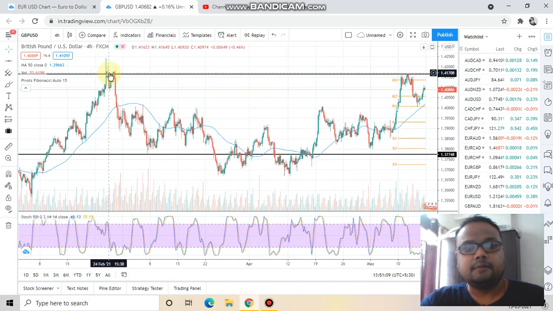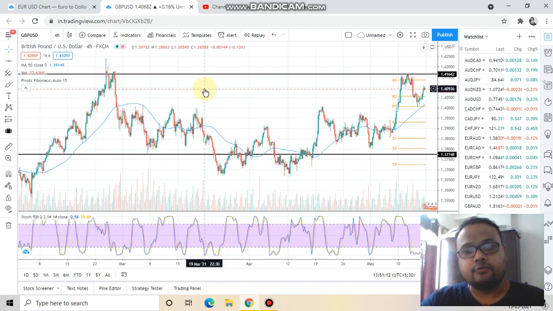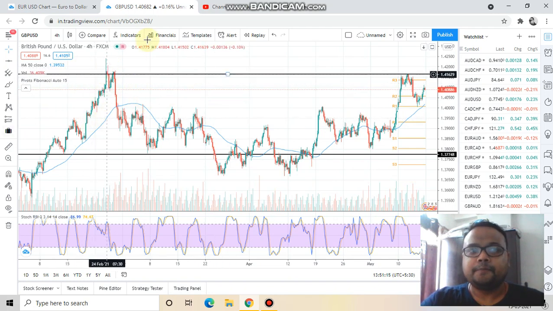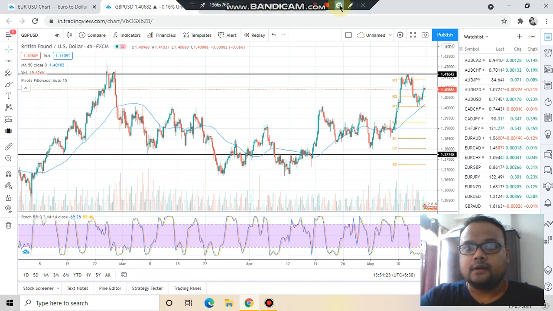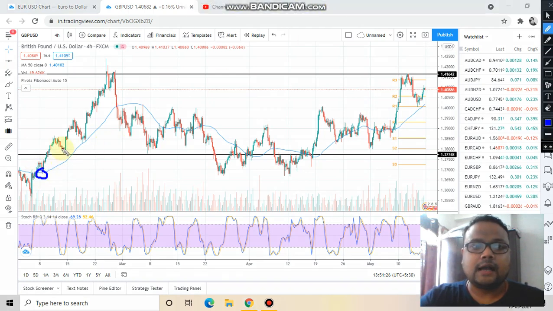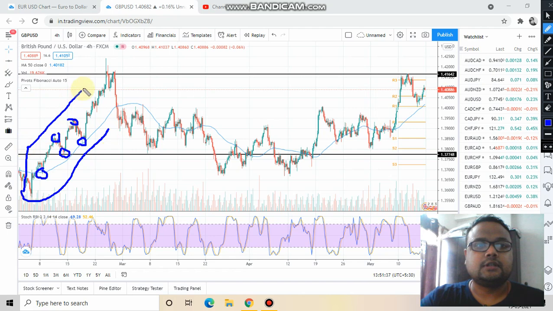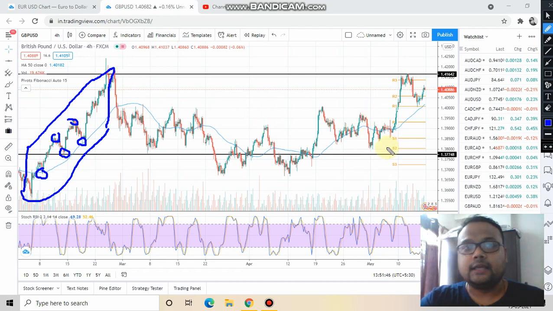You can see that in the month of February, 24th Feb, market went up, faced resistance, and after that market faced heavy selling pressure. And if you look at the chart, market was making higher highs and lower highs. Market was very much bullish in the month of Feb, but market faced heavy selling pressure, and after that there was a sharp fall in the market. And we can see that history is repeating again in the month of May. Market is making lower highs.